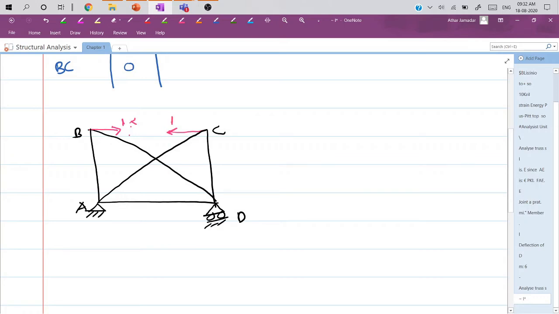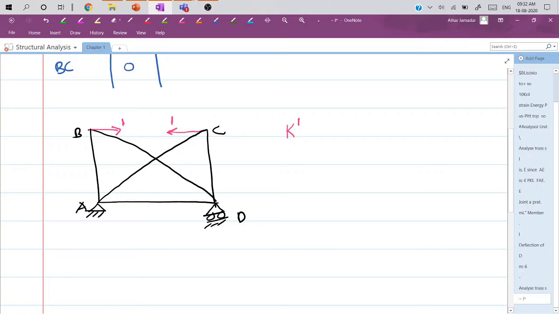But what precaution do you have to take? You have to see that at both joints the load is applied in the same direction. That means at joint B the load is going away from the joint, therefore at joint C also the load should go away from the joint. This is the difference between analysis of a determinate truss and an indeterminate truss. Whatever member forces in all the members due to this unit load, we will denote by K dash. So K dash is nothing but the member forces in all the members due to application of unit load at the location of the removed member.